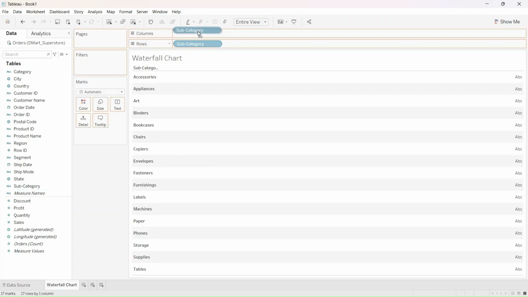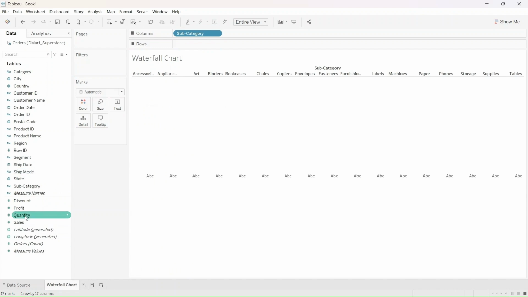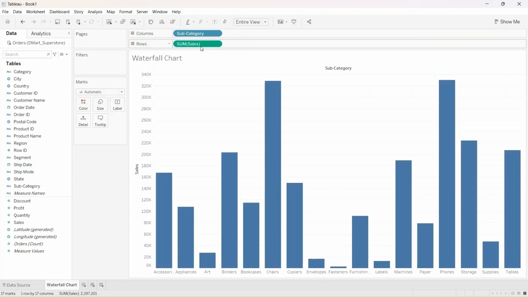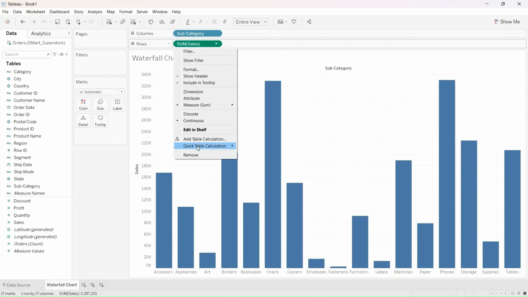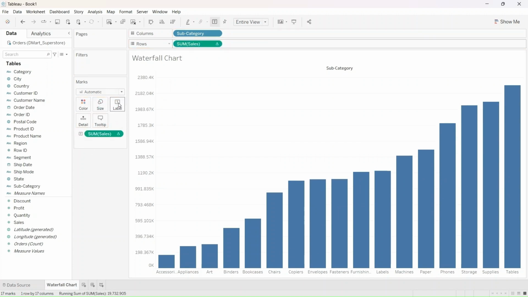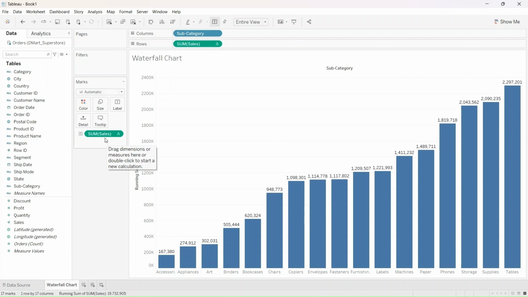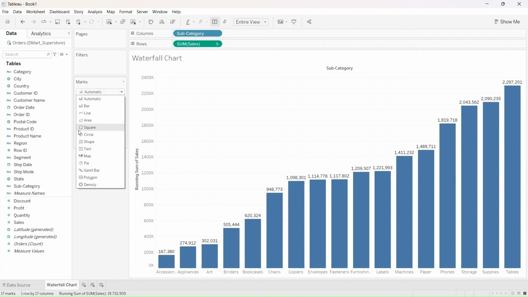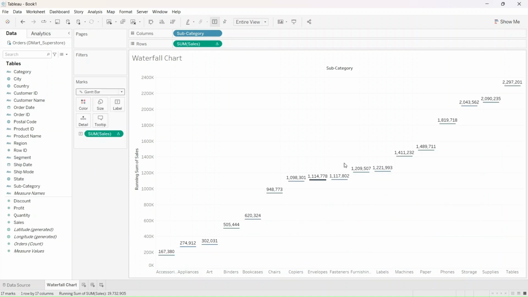We'll keep subcategories in columns and then sales in rows. This has created a bar chart. Now I don't want sum of sales, rather a quick table calculation, running total. Gradually you can see it's increasing. Same stuff, let's keep in the label as well, sum of sales. And now, if you make this a gantt bar chart, you see here it's kind of a process of creating a waterfall chart,